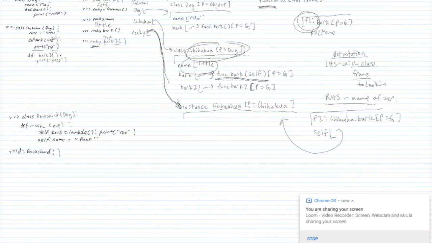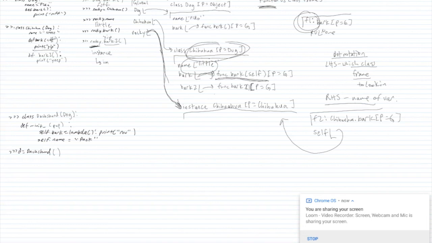Bark2 is right here. And okay, so let's apply bark2 to what? You may be thinking that we open F3. However, if you notice, bark2 takes in no arguments, but we're calling it on the instance Rocky,